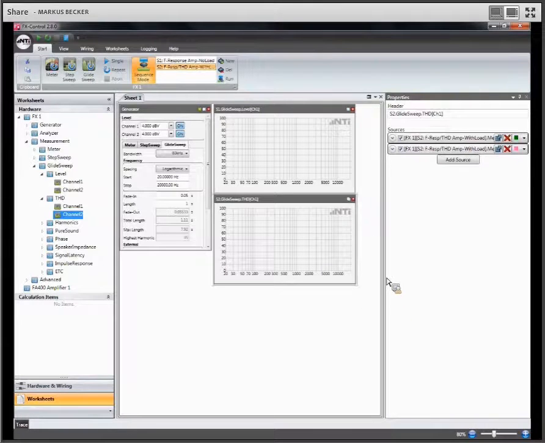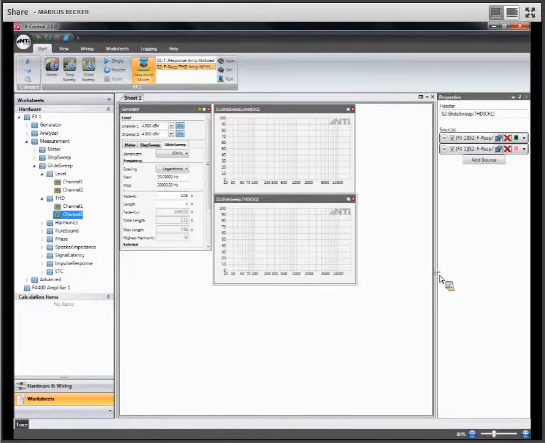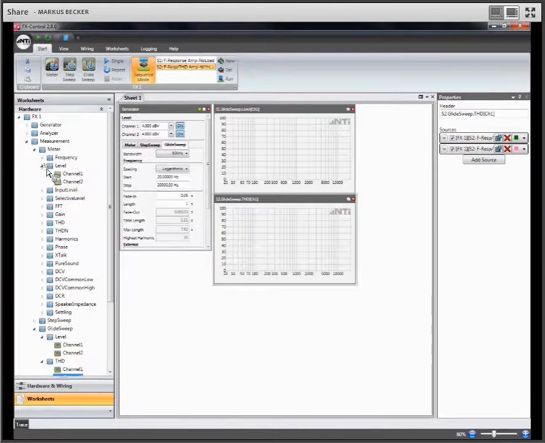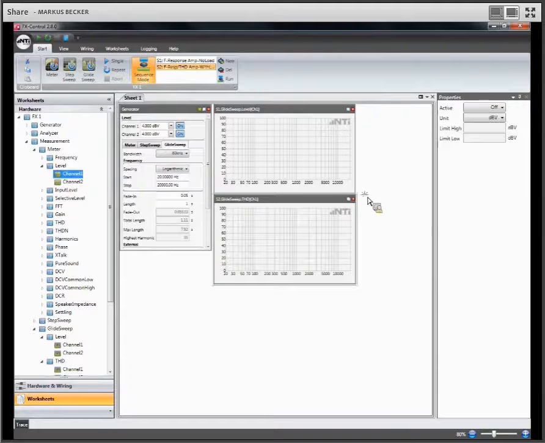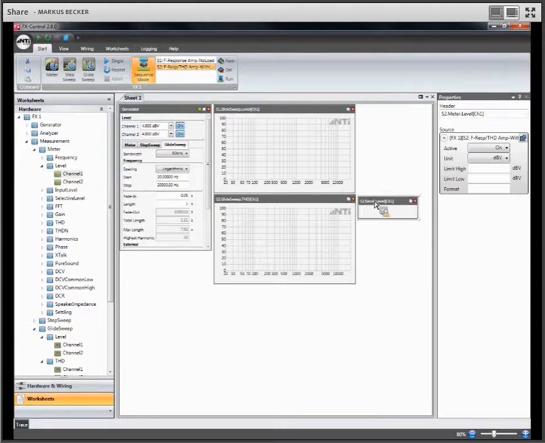And now there's another measurement that I want to execute, and that is the signal to noise ratio. And for that purpose, I need the meter level result of channel 1. I put it over here. You see, by the way, it says still we are in step number 2. I swap that to the volt. And now for the signal to noise ratio measurement, I need a third step.